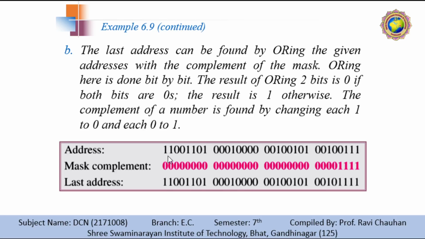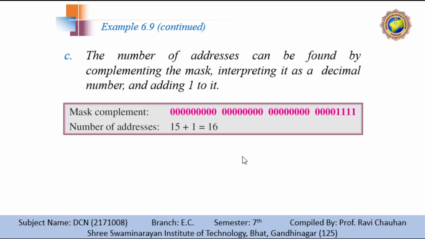If any of the two elements is 1, our result will be 1. If both are 0, our result will be 0. So you can observe that 0 and 0 gives 0, and over here 1 gives 1. Okay, the same can be found. So the number of addresses can be found by complementing the mask